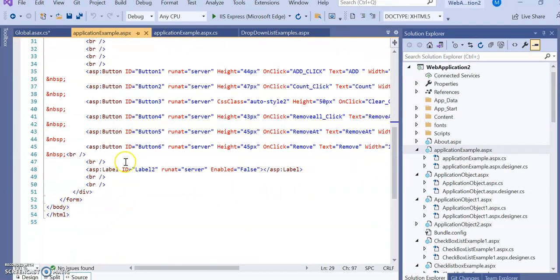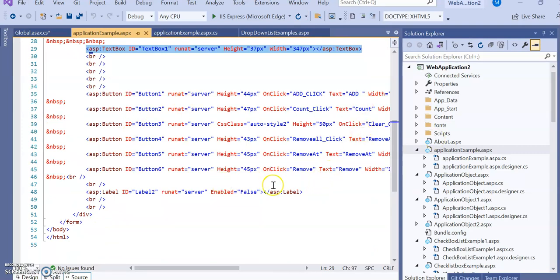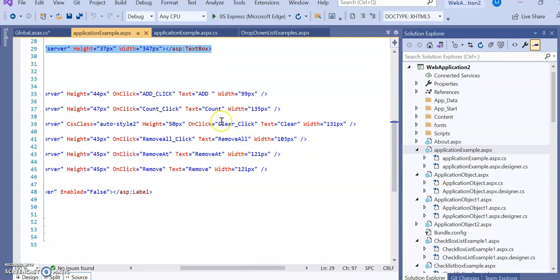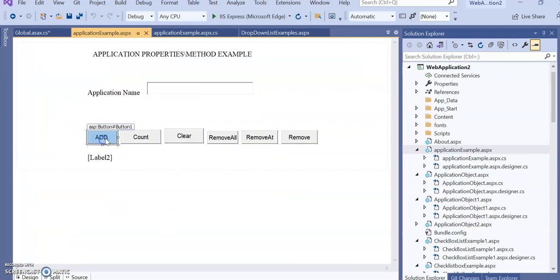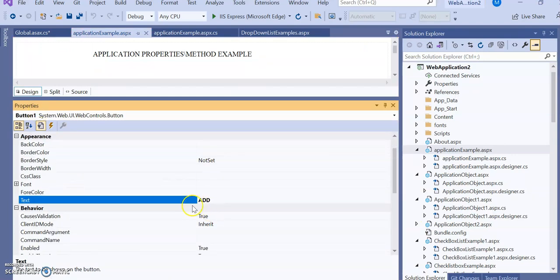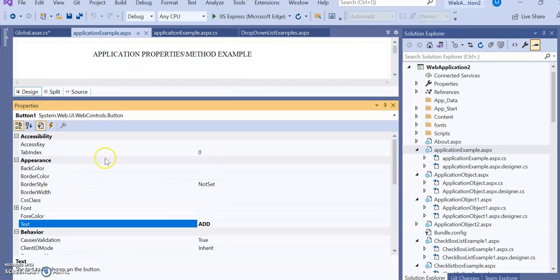As we have dragged some buttons, the code for these buttons will get created, along with their on click events. Click event, I have already told you how to create a click event. Just go to this button, for example add, say properties. Now here these are the properties. I added this text as add, and I haven't set any other behavior or appearance property.